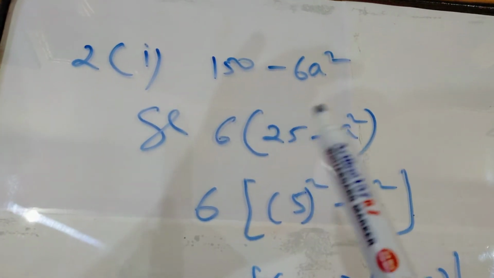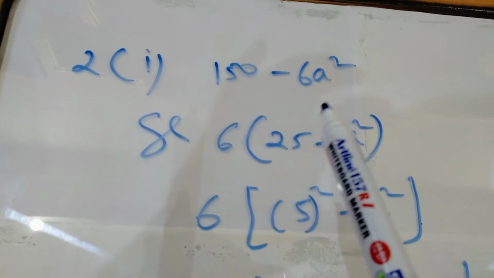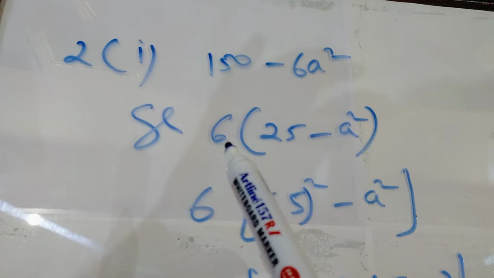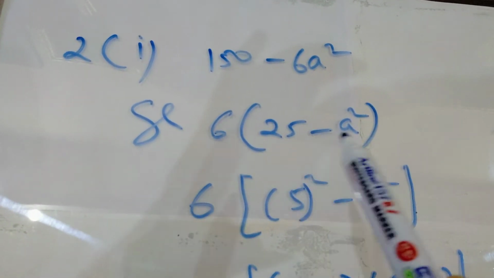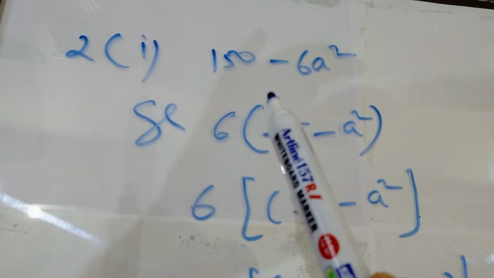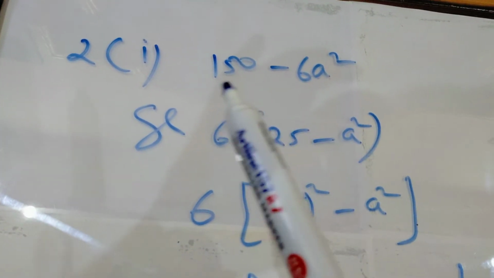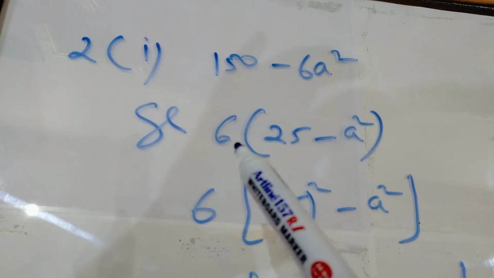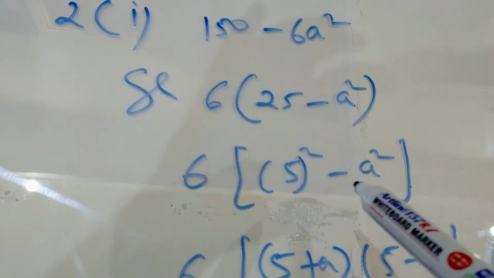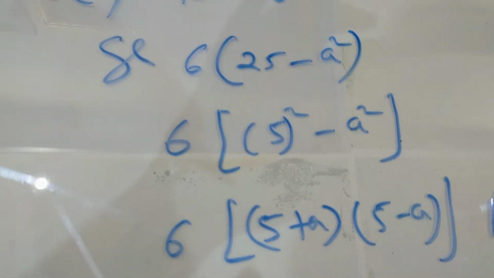Many times whenever we start a question we have to see the first type. What was the first type? The first type is, if anything is common you should take it common. So that I have done: 6 I have taken common. After taking 6 common, the way has come in front of me. Before this there was no way to start this question. So first of all, systematically you should go type 1, type 2, type 3. I applied type 1 because 6 was common. After that 25 minus a square has come. This 25 can be written as 5 square minus a square. It has become the a square minus b square formula, so the a plus b, a minus b form has come.